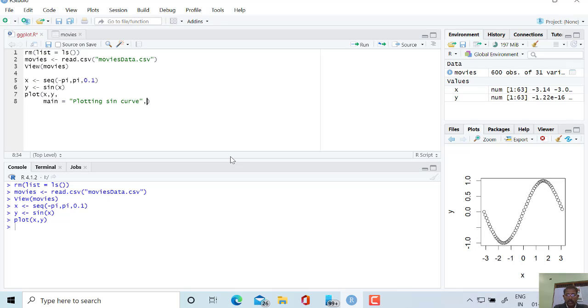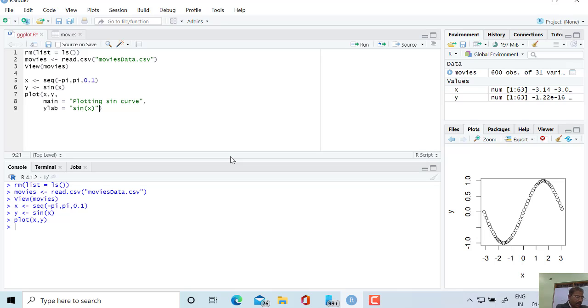And second thing is y label, what will be in the y direction, because x is x and y is sin x. Therefore, I want to write in the y direction as sin x. So, y label equal to sin of x. In the x direction there is no need because x is x.